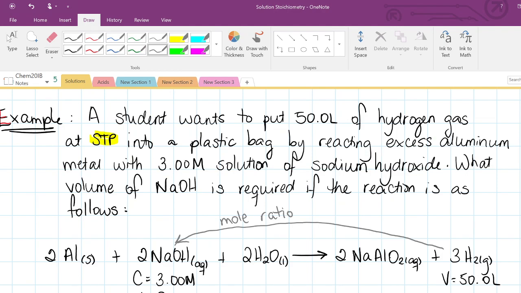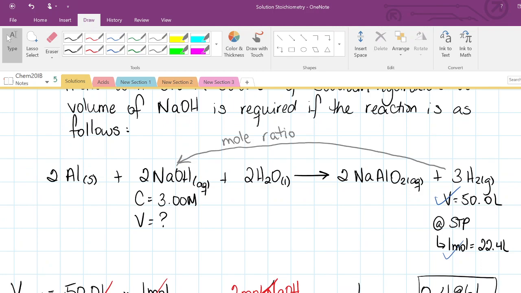So, hang on, we're lagging here a little bit. There. So I'm going to start with the first piece of information, 50 liters of H2. I need to cancel out that 50 liters of H2. Well, I'm going to use my molar volume. I want the 22.4 liters on the bottom of the division line so that the liter cancels with the liter. I'm going to put my 1 mole on the top, and that's of my H2 gas. Now, I'll make use of my mole ratio since I've run out of information here. And I'm going to jump over to